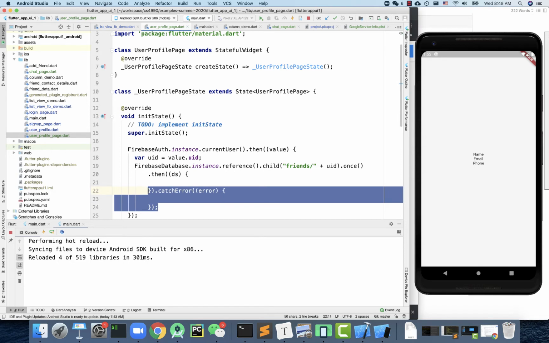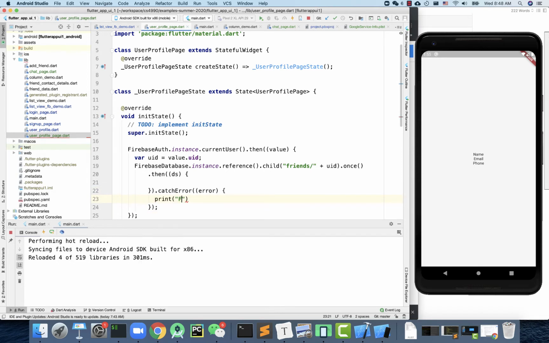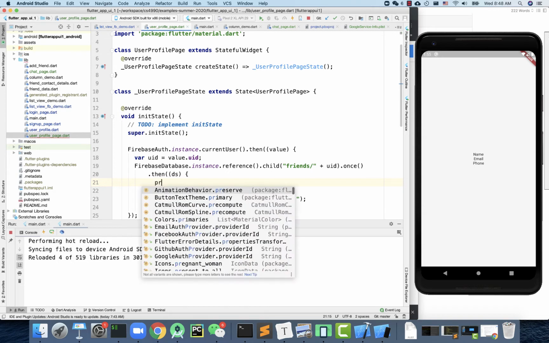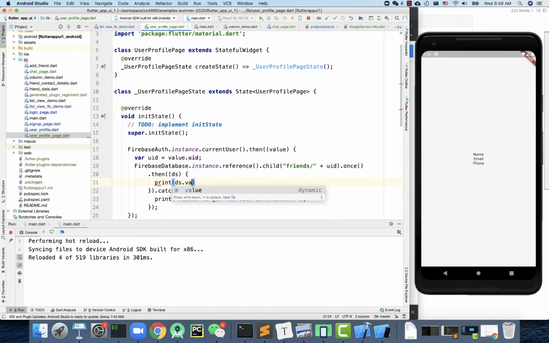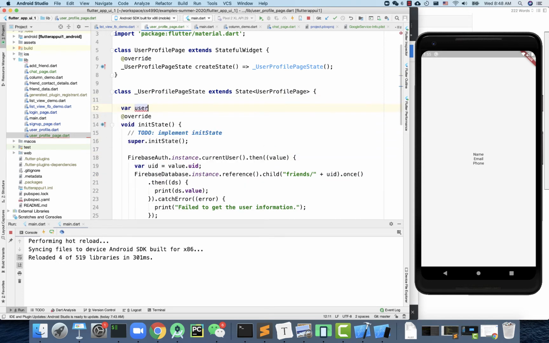Clean the indentation. Now I'm going to print fail to get the user information. For this one here, we're going to print ds dot value and also key and value, right? The value will have all the user information based on this UID. And then from there, we can save the whole user information, the user profile,